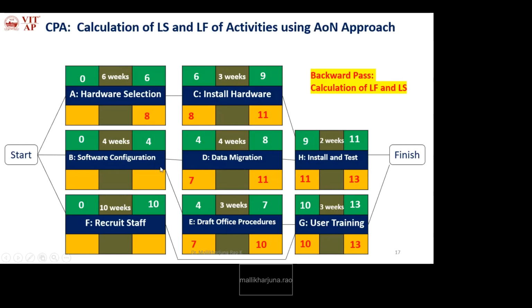Okay, if you see here it is having two following activities. So what we have to take is the earliest latest finish. So both are having the same value, so no issue, directly we can represent 7. Okay, next for this, what is its following? Only one, that is G. So what is its value? 10. Okay, next LS. How will you calculate LS? LF minus duration. 8 minus 6, how much? 2. 7 minus 4, 3. 10 minus 10, 0. Okay, like this way we have to calculate LS and LF from right to left using backward pass for all the activities.